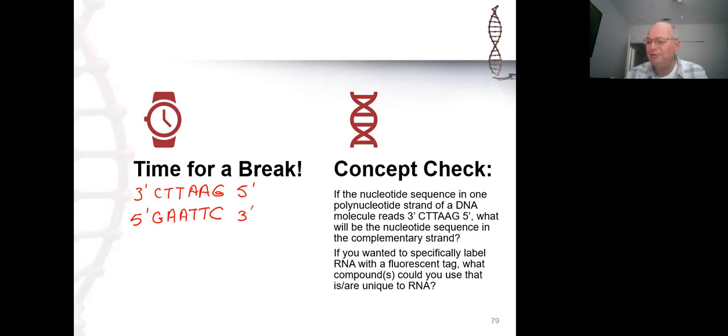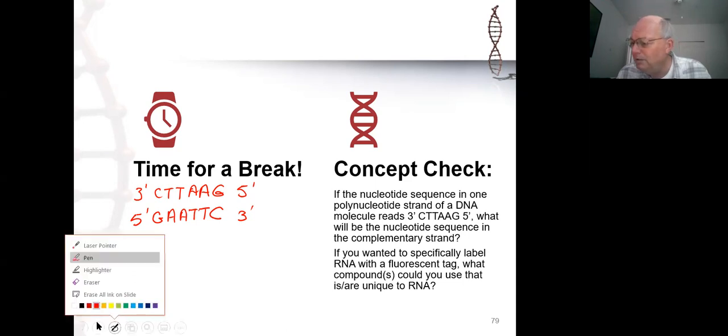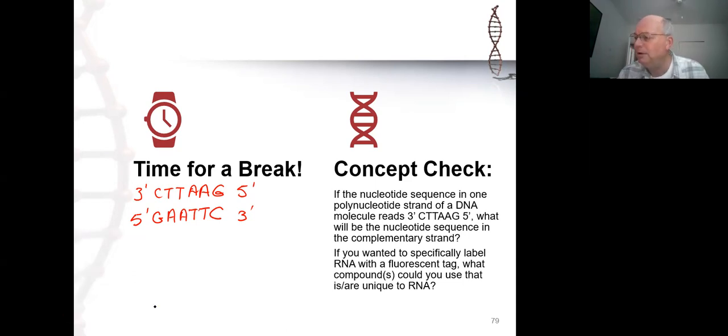And this is in fact a sequence of nucleotides that's recognized by a special enzyme called a restriction enzyme. And it's a particular restriction enzyme called EcoRI. And it will cut DNA, and it will cut this particular DNA right through here. It recognizes that sequence and cuts it right there. This is a way the bacteria can protect themselves from foreign DNA, which they like to take up from their environment,